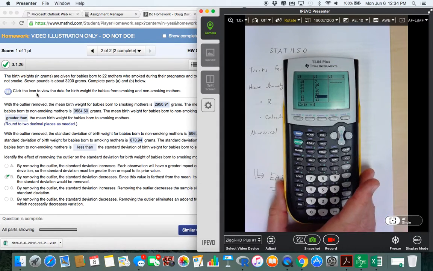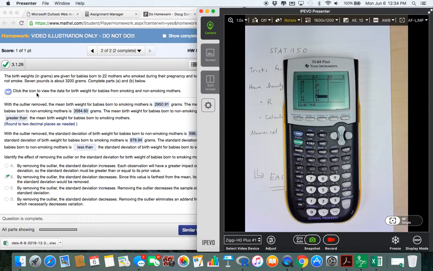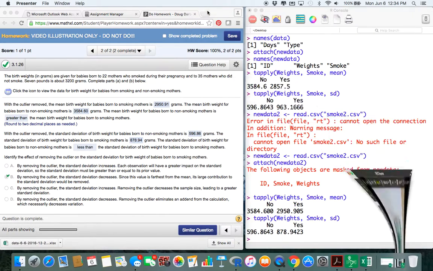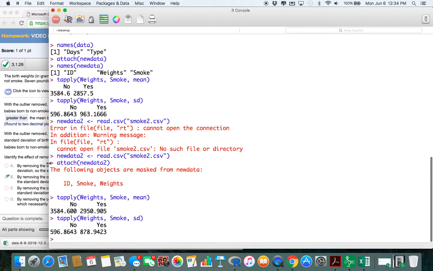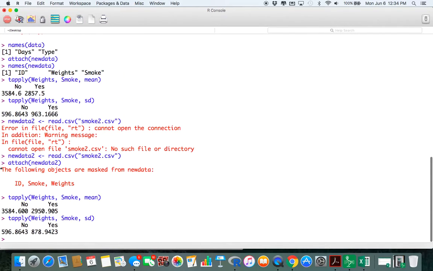You don't see many statisticians using calculators. You see a lot of statisticians these days using R and other statistical software packages. So that's the reason I wanted to create this video and show you the way I would approach that. So guys, one more thing. All right, let's just go back into R. Something else we run into a lot is